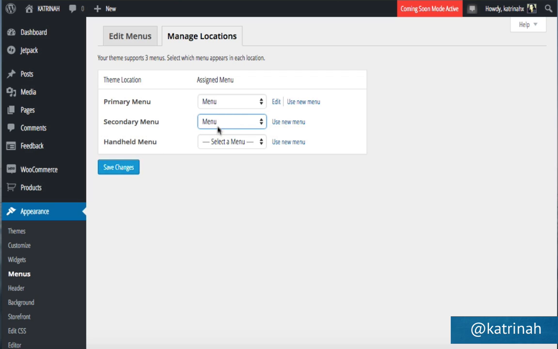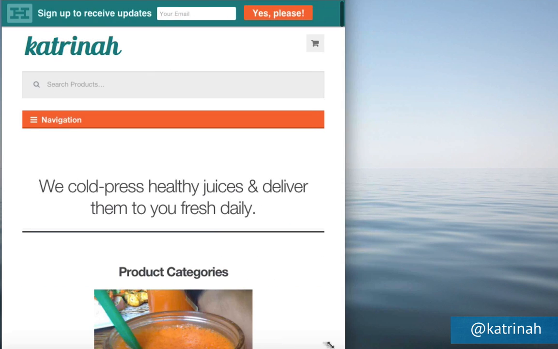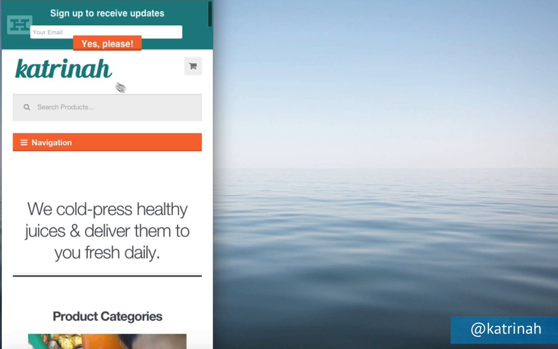Now, the reason that I'm not doing this, once again, a behind the scenes little hint, is that when I recorded pretty much this entire video, I was using the secondary menu. And then when I finished it, I discovered that when you reduce this into a mobile device view, so note that when I return it and I create this mobile device view, when I'm clicking on this navigation, nothing is happening and the menu is not displaying. So the secondary menu does not display in a mobile device view, which is not good, right?